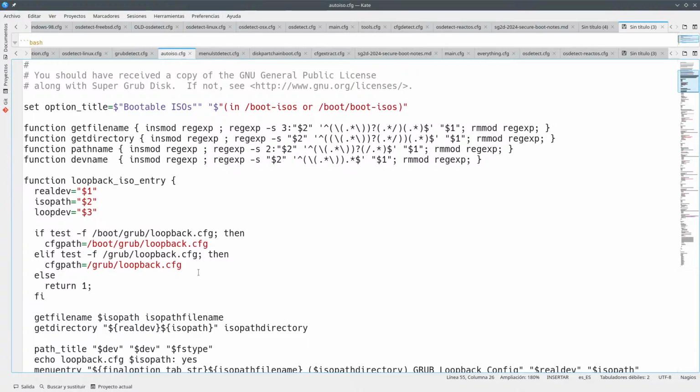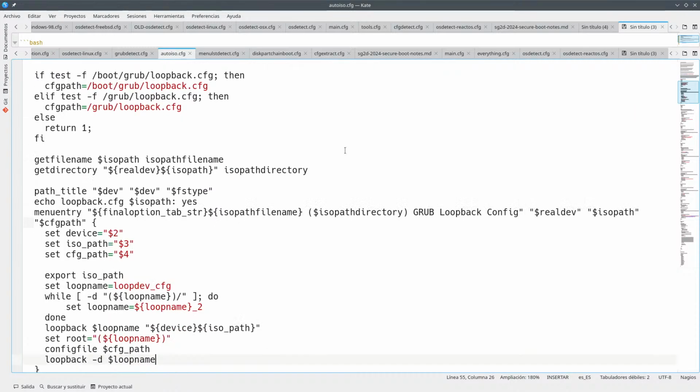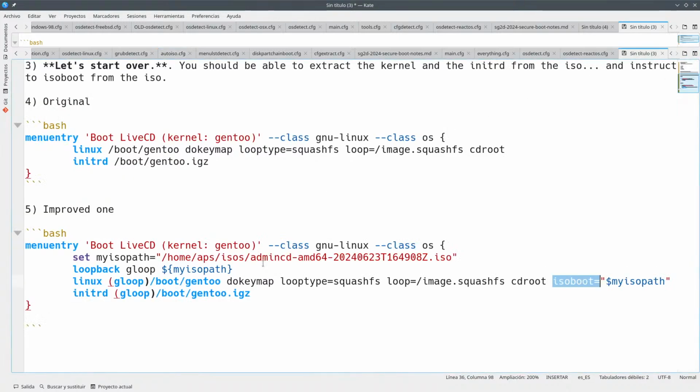It's rather straightforward to do all of this manually. So that's what I'm asking you to do.